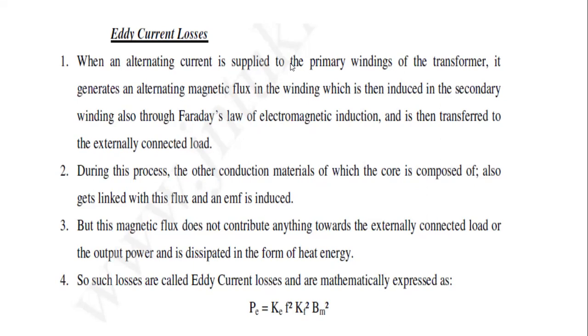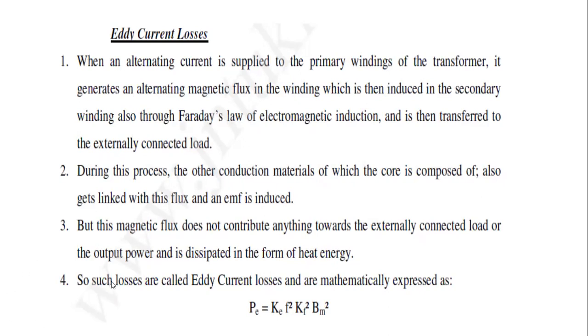During this process, the conducting material of which the core is composed also gets linked with this flux and an EMF is induced. Due to that, this magnetic flux does not contribute anything towards the externally connected load. Such types of losses are called